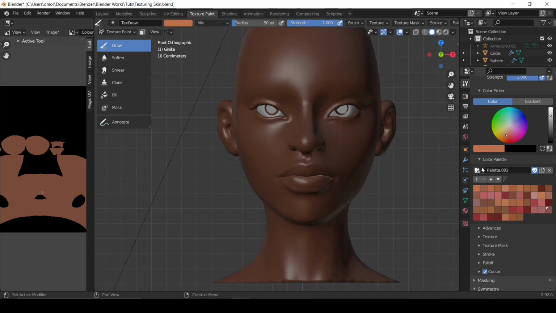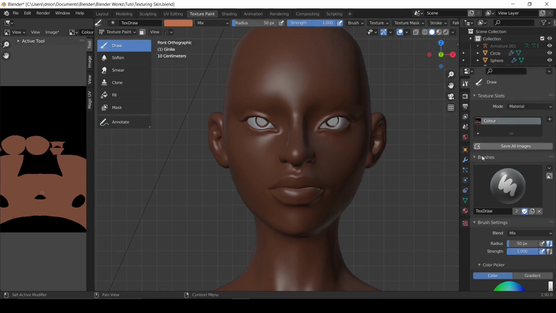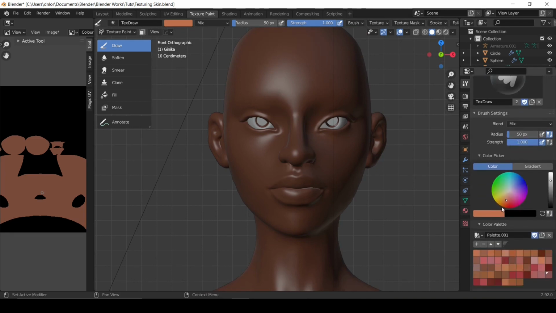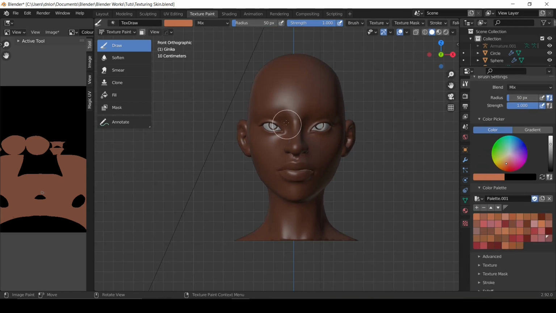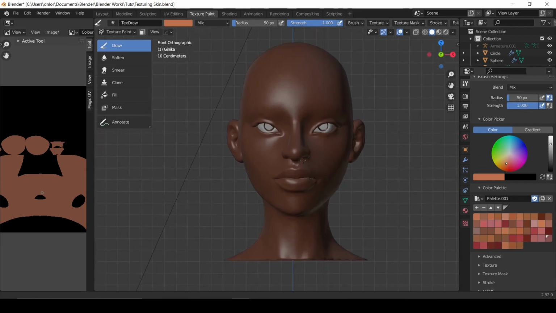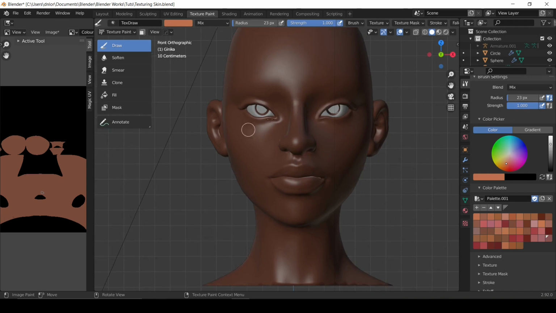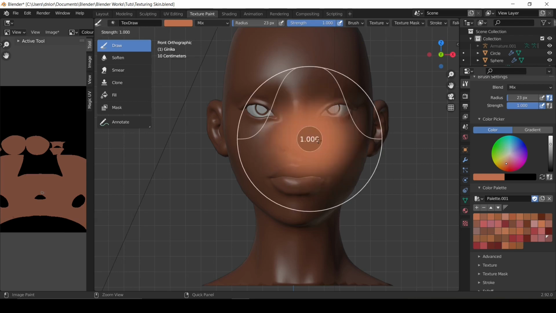Now the first tip for painting skin is variety. I'll explain that. Skin has lots and lots of colors, so it's not just one color, no matter how it may seem. Especially when it comes to stylized work, people tend to think that it's not realistic, so you can just use one color. But actually there are several colors that you use to make skin look good, not just realistic but look good. So I'll turn down the strength of this, Shift F, to 0.1,